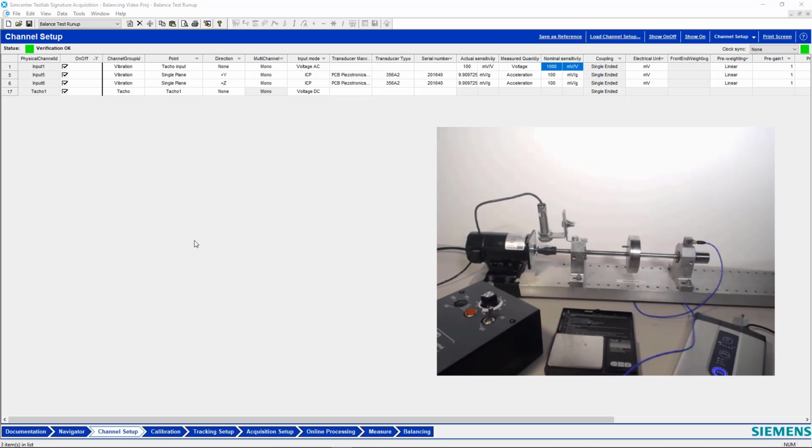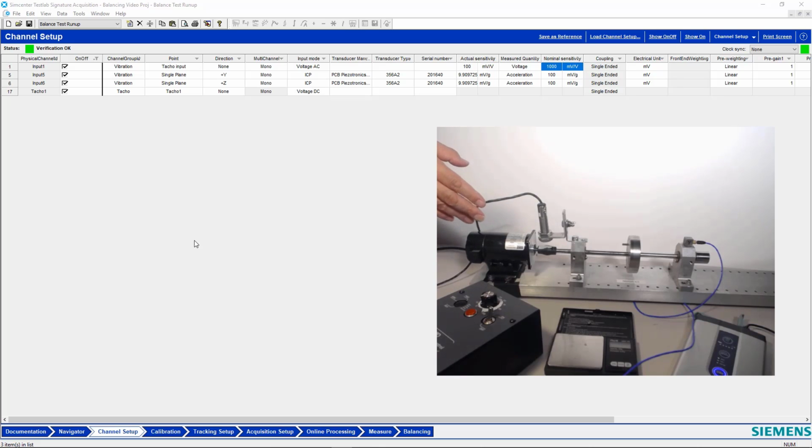That tachometer is set up with a piece of reflective tape right here. The important thing about that reflective tape is that the leading edge marks our 0 degree mark on that shaft, so we can do everything relative to it for locating the masses for this imbalance. We're going to tee off the tachometer signal from the tracking channel in our acquisition system, also use it in a data channel, and run an FFT on it to get the phase angle.